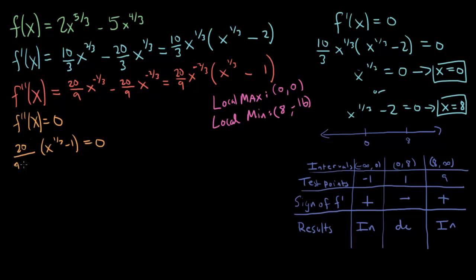over 9 x to the 2/3 power. Now why does that make a difference? Well, that makes a difference because you can clearly see that this function is not differentiable when x equals 0, because that would produce a 0 on the denominator, which is no good. So